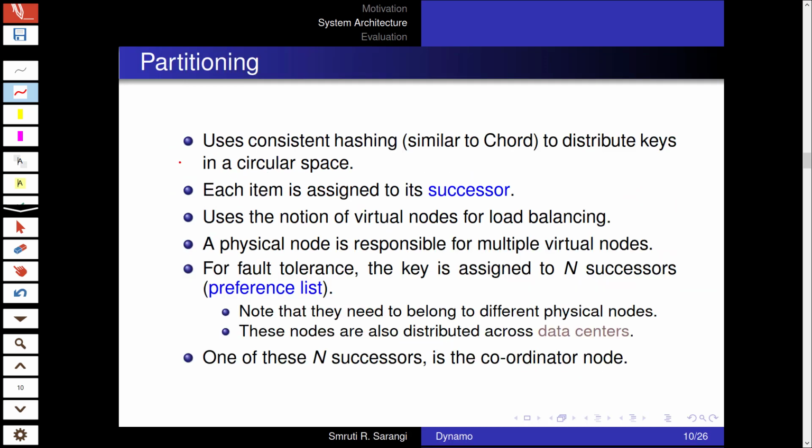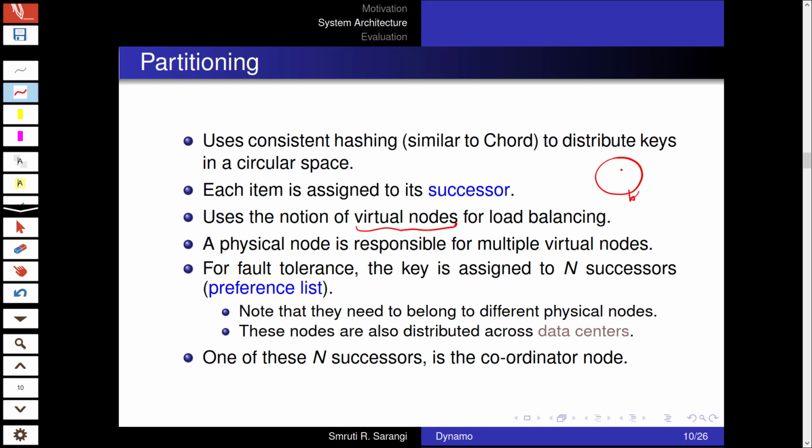So how does this work? Well, this uses consistent hashing, which is similar to Chord, to distribute keys in a circular space. Similar to Chord, each item is assigned to its clockwise successor on the ring. Furthermore, what Chord did was that on each physical node, it actually kept multiple virtual nodes.